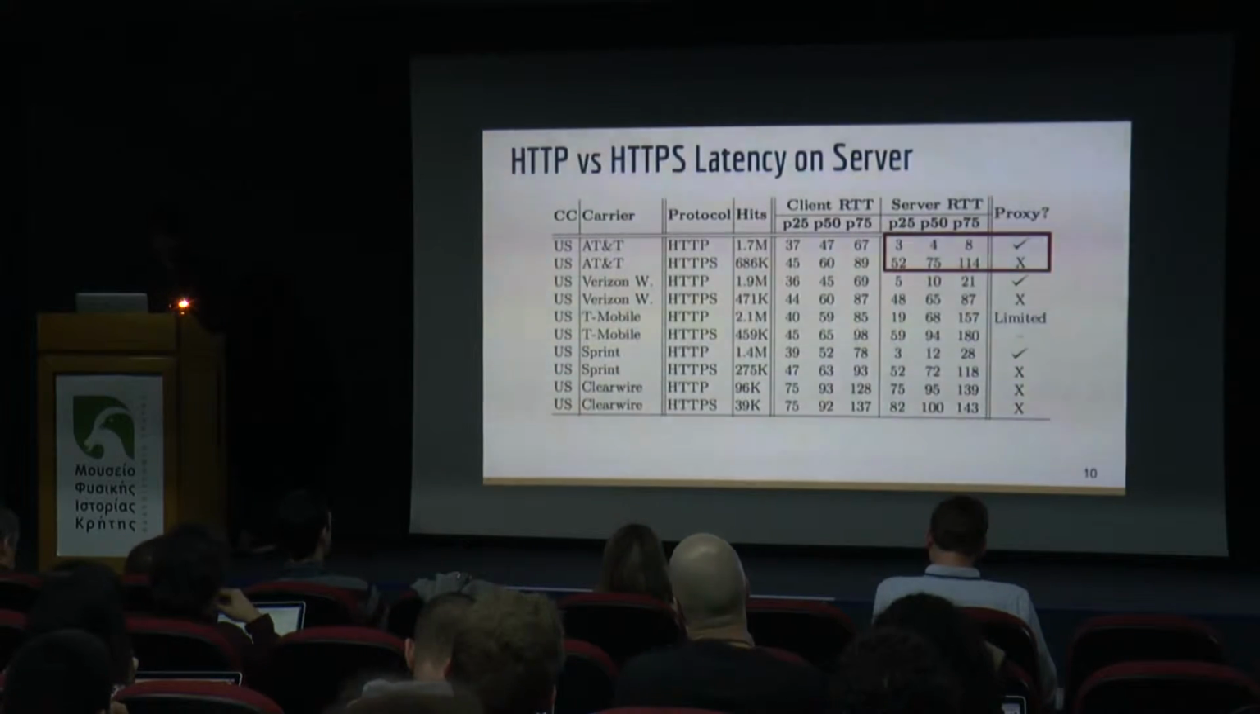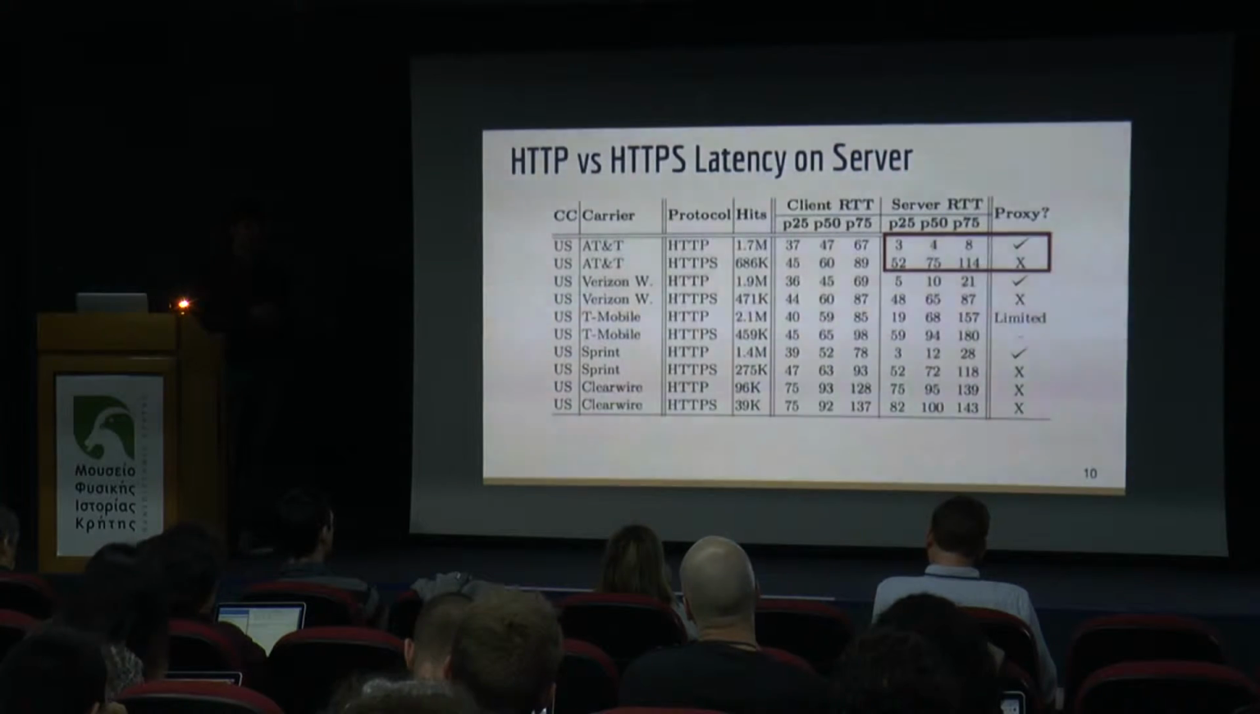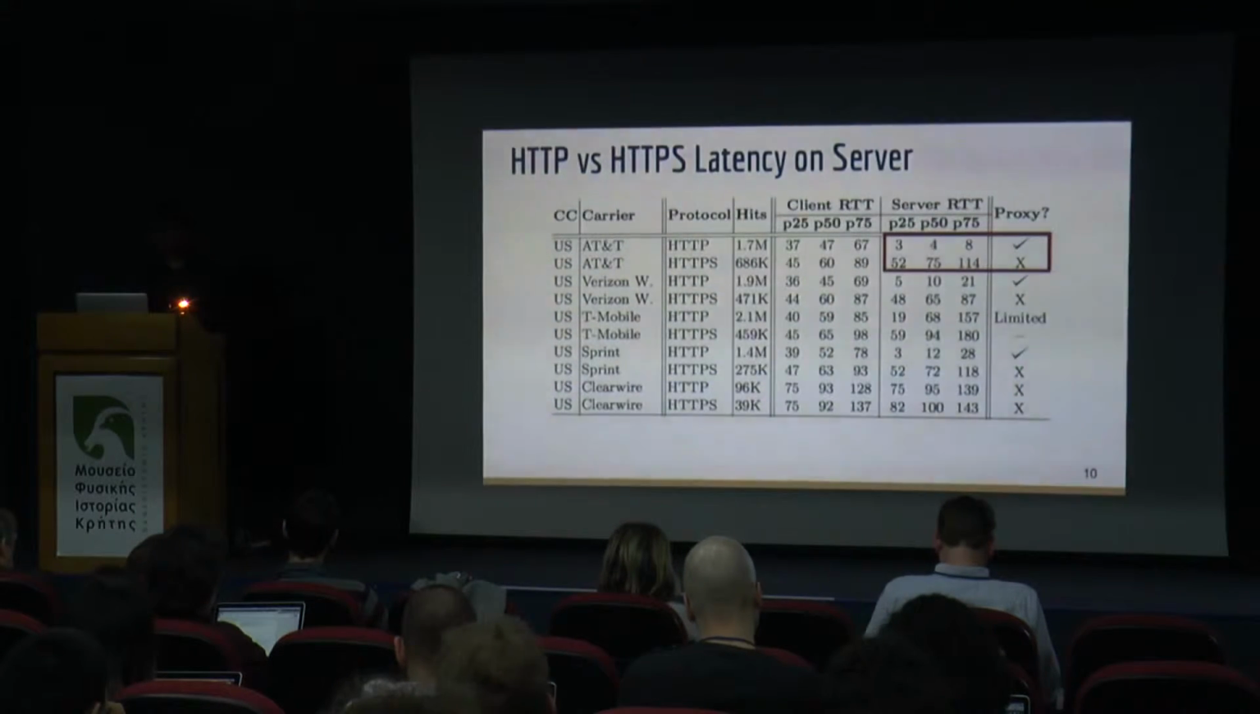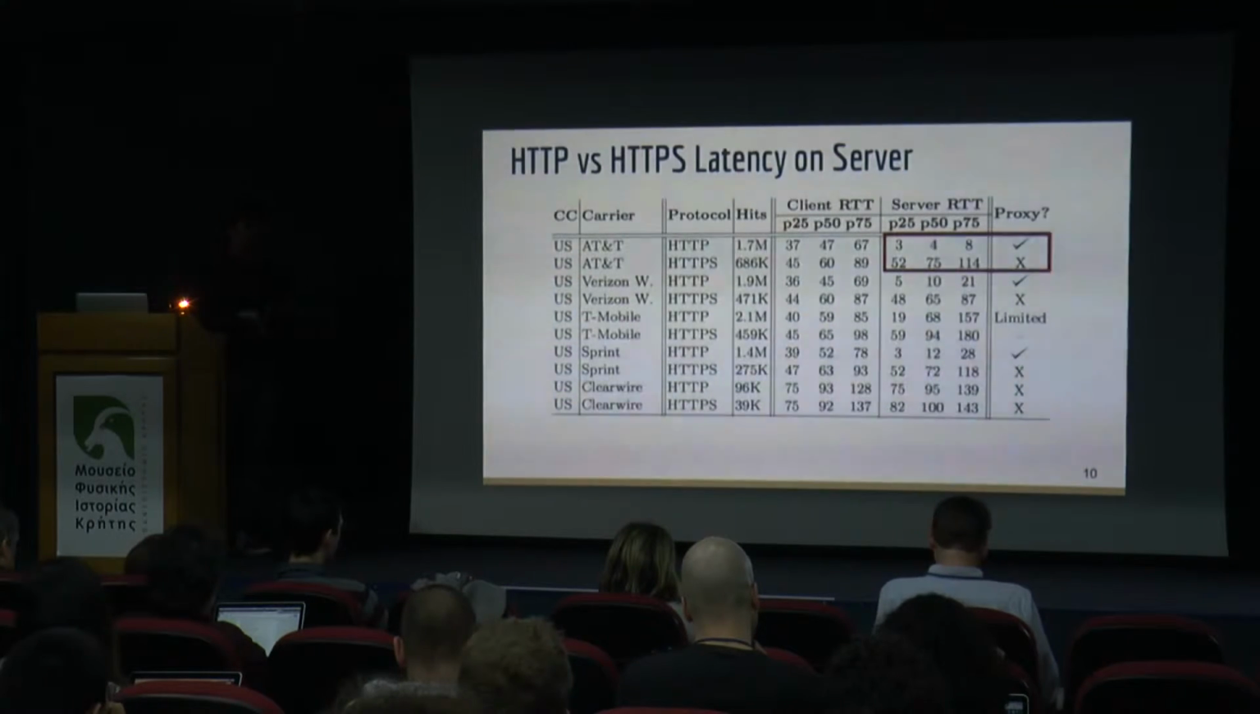So in this example, we compare latency for HTTP sessions and HTTPS sessions only on the server side. As you can see in this example for AT&T, Akamai servers estimate a latency of about 3 milliseconds for HTTP connections, whereas for HTTPS connections, they estimate a latency of 52 milliseconds. Now there has to be something in between that's